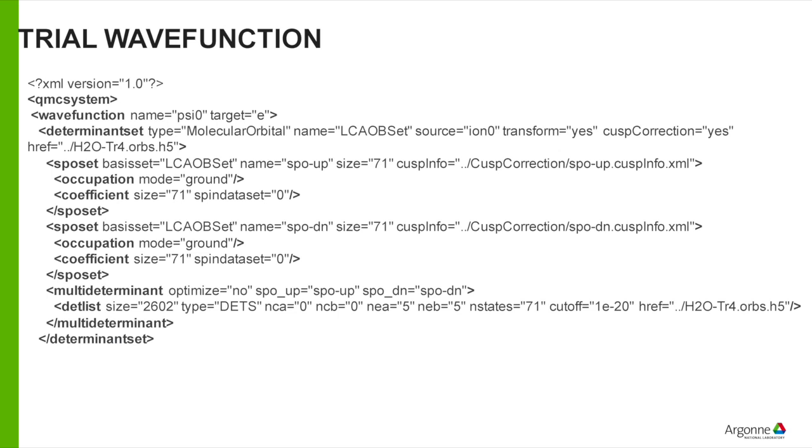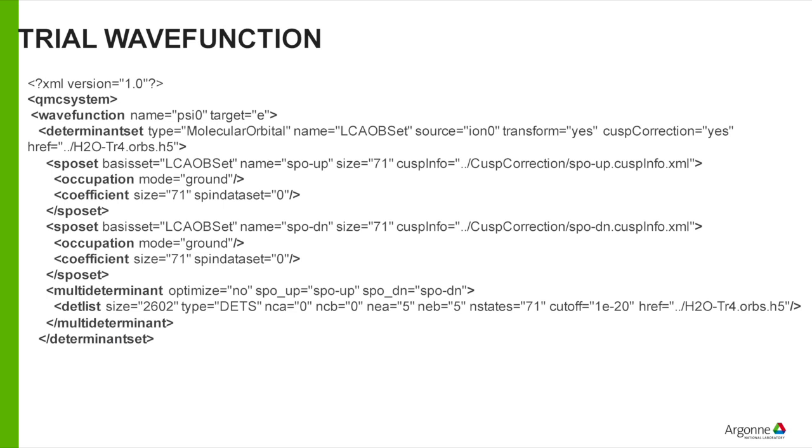Now, the trial wave function. Once you run this and you do the conversion, there's a new tag that appears in the trial wave function, and this is what I'm showing here. So this is the input file for QMCPACK. This is the wfj file. And basically what you see is this multi-determinant line that is different. So you see here, this is for the truncation at 10 to the minus 4, where we now have a